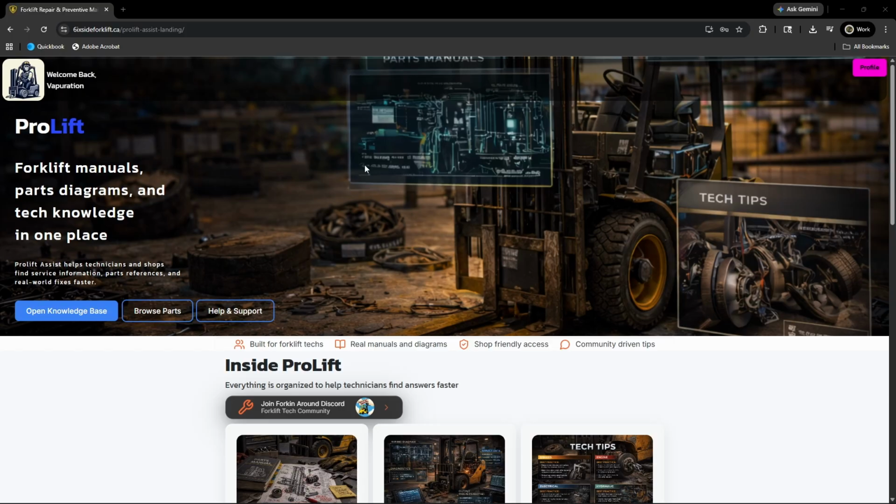First, let's start with what ProLift Assist is as a platform. A little bit about me: I have a repair business for forklifts, and I was just trying to find a way to organize my manuals and things like that, as well as have them available for me when I'm at customers on a service call on the road and I'm not in front of my computer. So I figured if I'm going to make a platform where I can access my manuals, why not share with